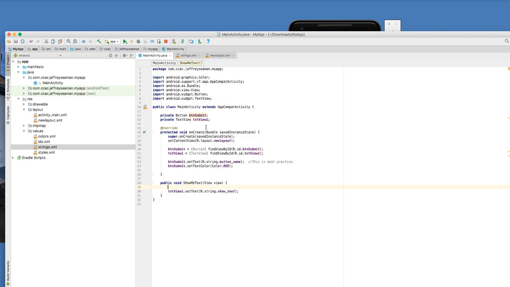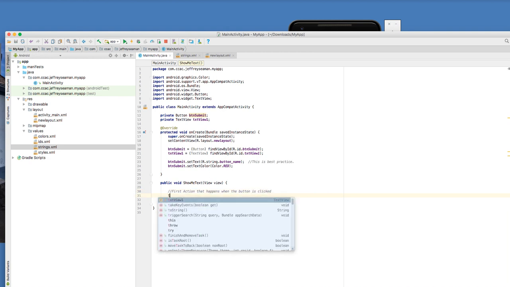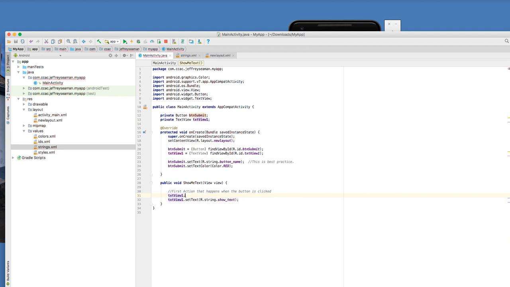All right, so we go back to this, and what we need to do is make sure that object is invisible when it gets called. So when we click the button, we need an action to happen. So the first action that happens when the button is clicked is this. So what we do is we take the text view, which is text view 1, dot